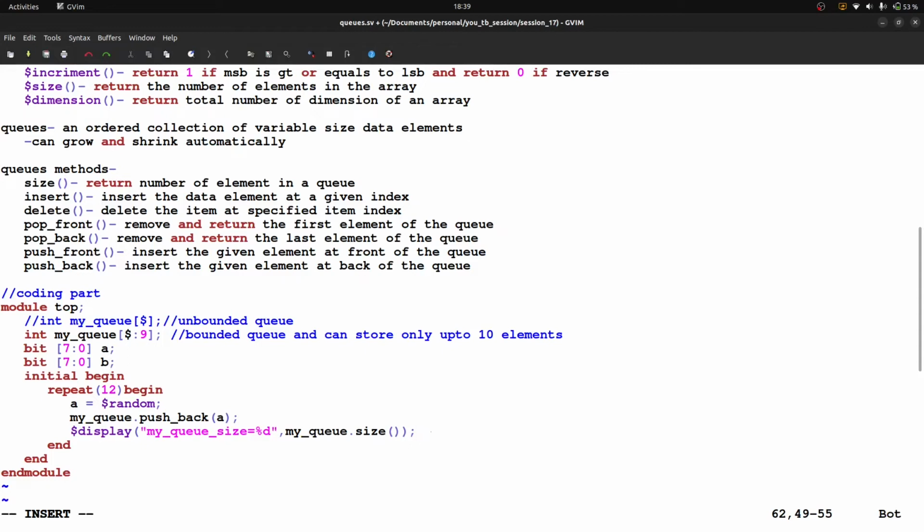So it will return the number of elements inside a queue. So this is the way we can get the size, right? Another thing is, after that I want to print the queue index wise. So how can I print, let's say my queue has 10 elements, right? So it has 10 indexes and every index can store one element. So how can we write $display for that? So let me tell you, $display. I can also write that $display inside that. We will see the difference. Okay, let me write inside. So $display.